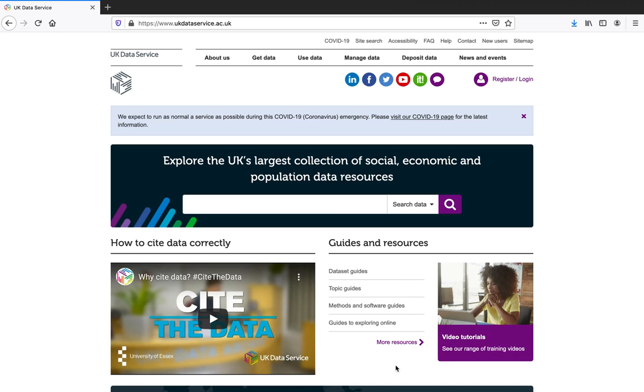And I'm here today with Sam, who is not a user of the UK Data Service yet, but he's going to register and log in so we can see how it's done. So Sam, if you go to the top right hand corner where it says register login and select on that,